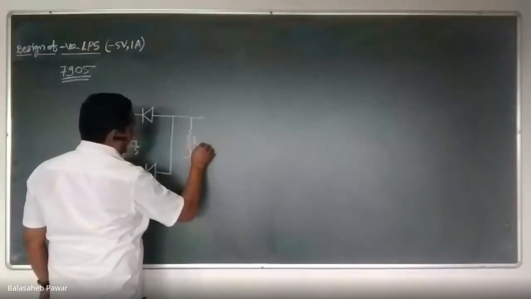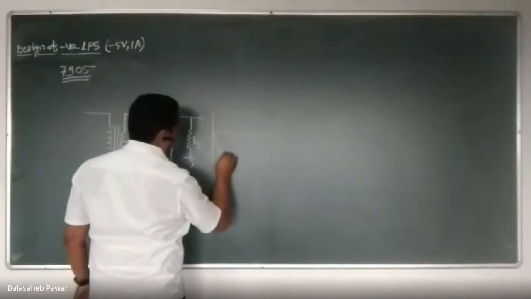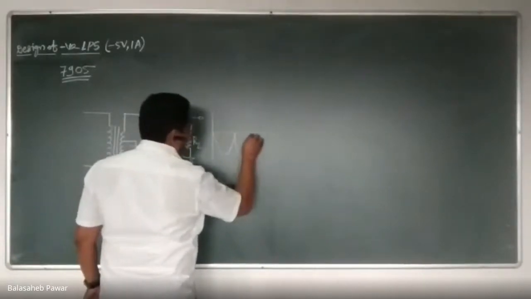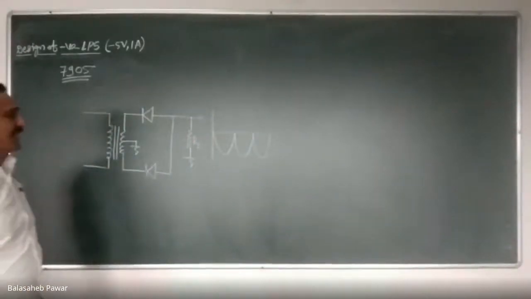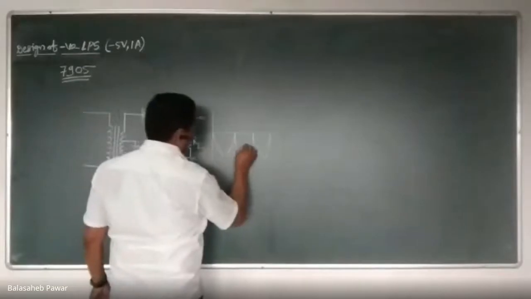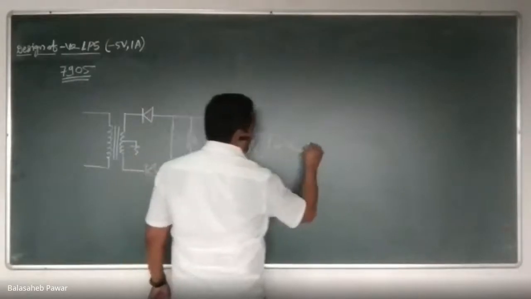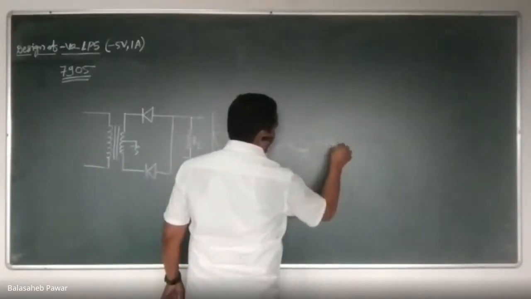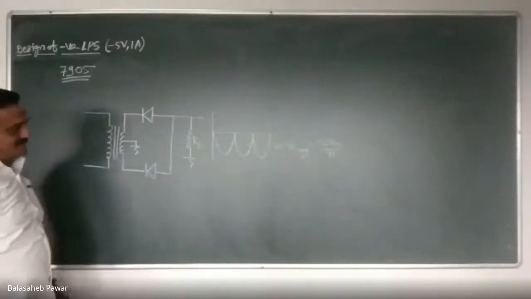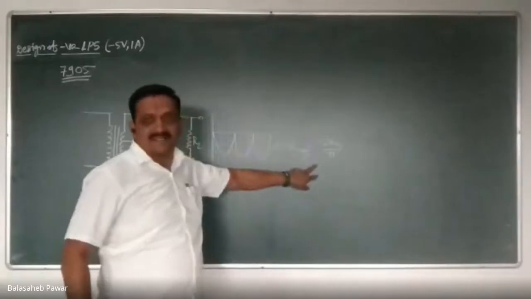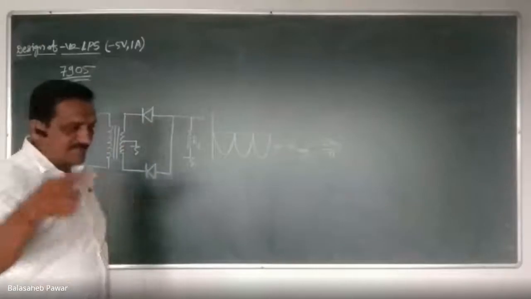if this is RL, the output obtained by this rectifier circuit will be like this, pulsating DC below the x-axis. Are you agree with this? Whenever you take the average of this, that is VO average, it will be equal to minus twice Vm by pi. That means we can obtain the output as negative, that is minus twice of Vm by pi. So just reverse the polarity of that diode and the obtained output will be negative.